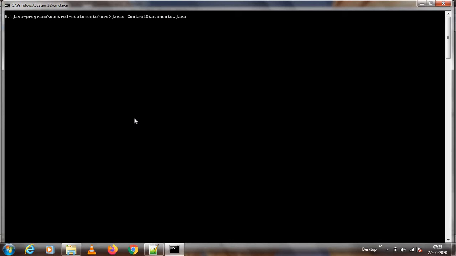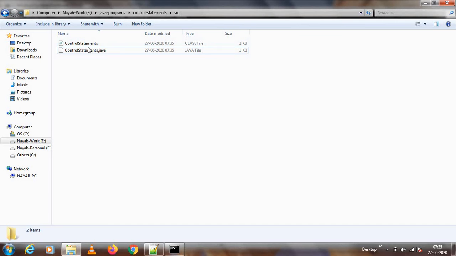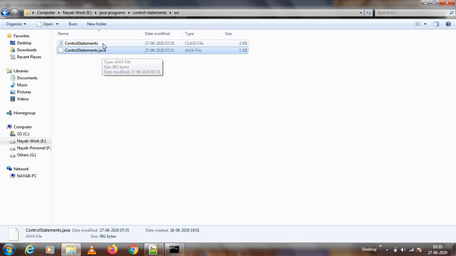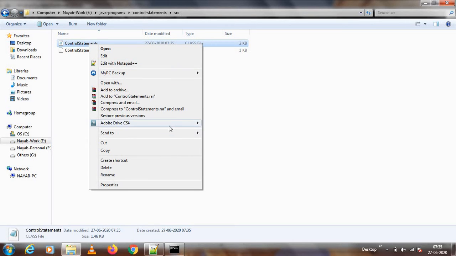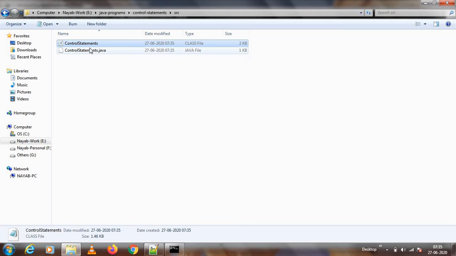So this is the compilation: javac ControlStatement.java. It has compiled. If you see here, there is a ControlStatement.class. Yesterday we have done this, right? You have to observe this here. Our source code is .java and the generated code is the .class file. We should not mix both the things in one place. We have to separate it out for maintainability. We should have separate places for our source code and the generated one, right?